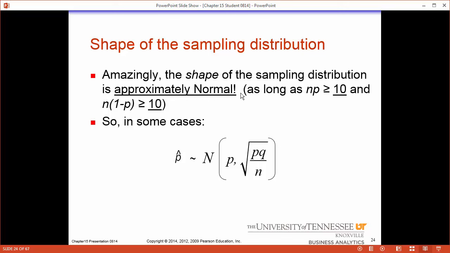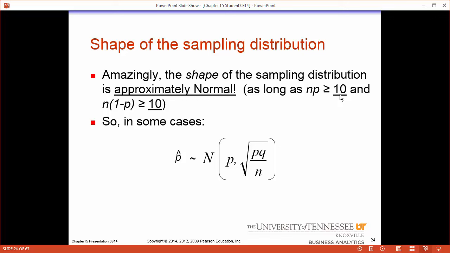Because what do we know? We know the 68, 95, 99.7 rule. That is one of the most amazing things we have because it lets us understand what percentage of data we would expect to be within so many standard deviations. One thing we need to make sure happens here is that np and nq, where 1 minus p is q, are both greater than or equal to 10. Now in some notes they might say greater than 10. Personally, we don't care if it's greater than or equal to 10. 10 is good enough, 10.1 is better, but we want these things to be greater than or equal to 10.